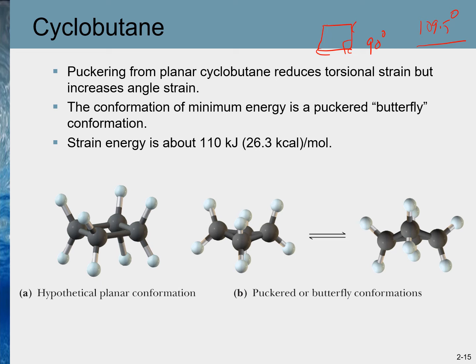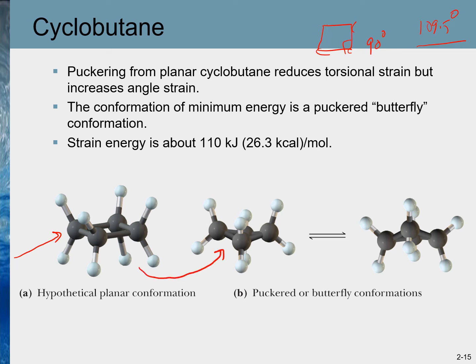However, in planar form, again, the carbon and hydrogen bonds have zero dihedral angle, so they result in a large torsional strain. So molecules such as cyclobutane and larger cycloalkanes undergo a slight change in their geometry, and that change will allow them to get rid of this torsional strain, so that the ring adopts a slightly